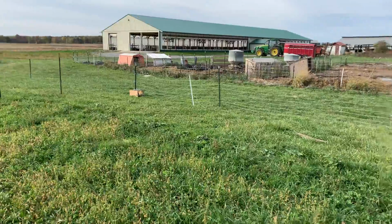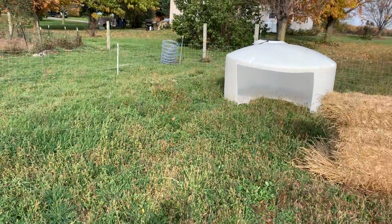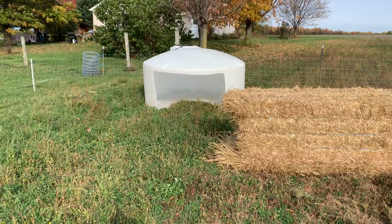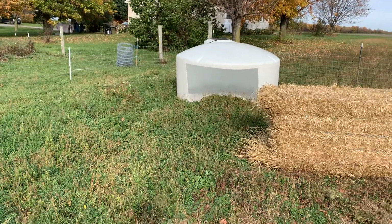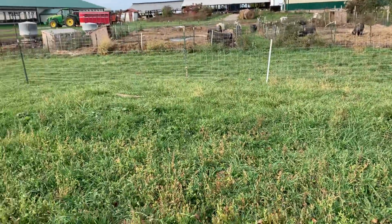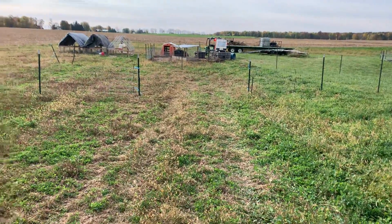So we're going to get that cleaned up and filled. It'll be brought into here, and I'm hoping by the end of the week we can start putting some of our young stock in here, get them out of the barn, and have more room in the barn. Because